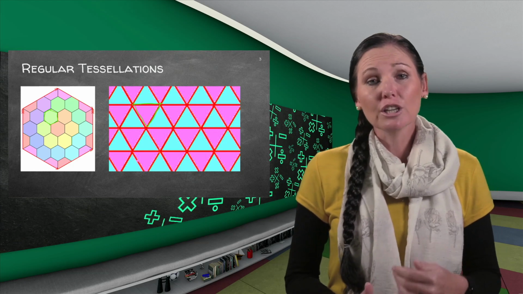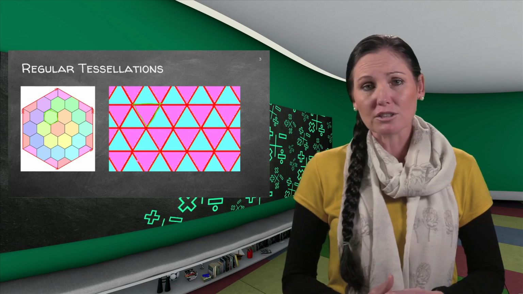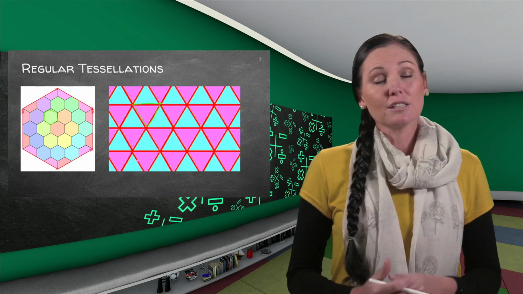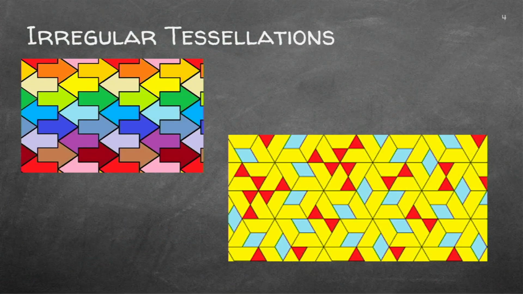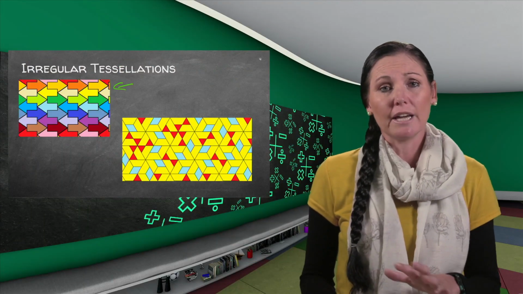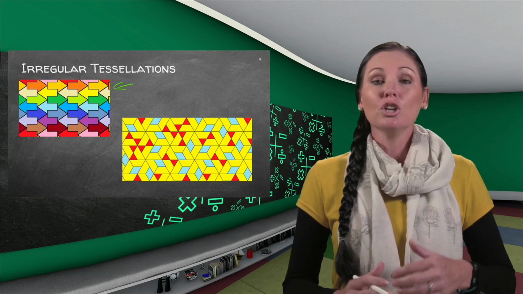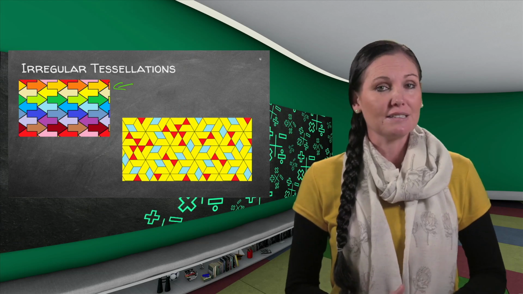But boys and girls, you can also use irregular polygons to build a tessellation. Does not have to be a regular polygon, and let me show you. Here in the first picture, they use arrows. And you know, an arrow, all the sides are not equal to each other and the angles are not going to be equal to each other. So you can use irregular polygons to build a tessellation. So you don't have to go and measure tiles and measure pictures to see all the sides equal, all the angles equal, because then I can build a tessellation. You are allowed to use irregular tessellations.